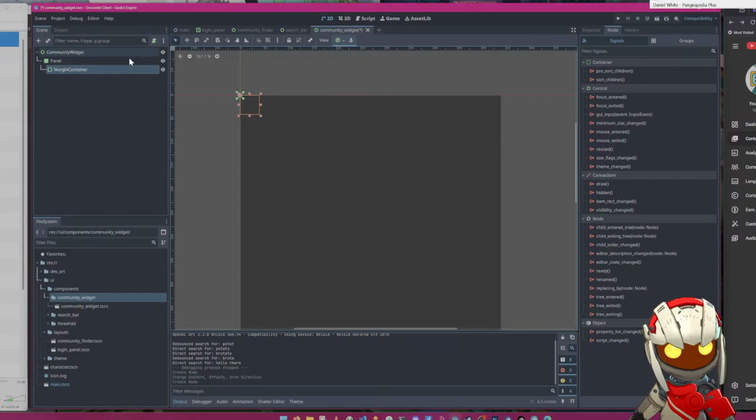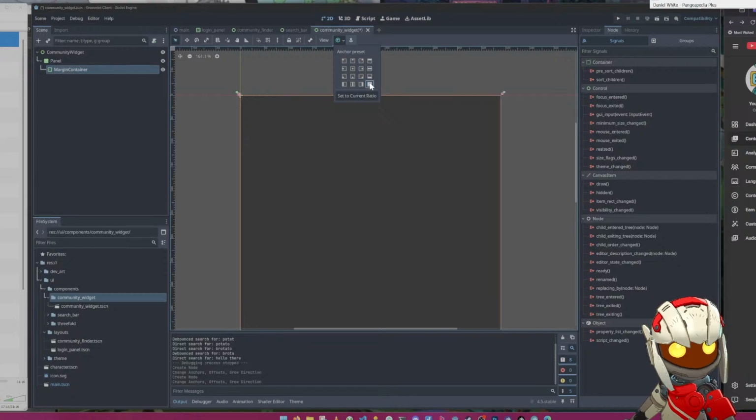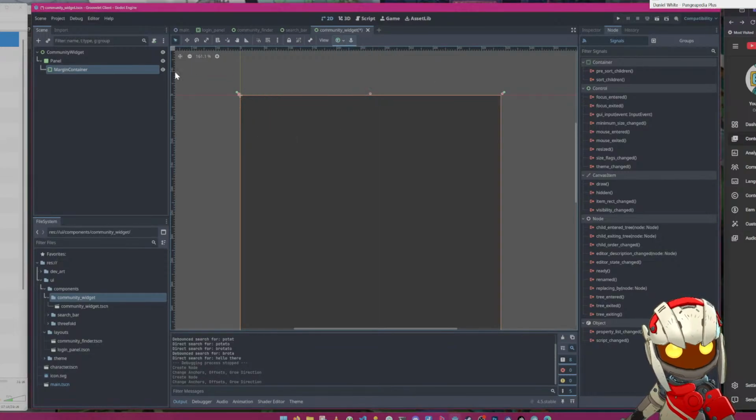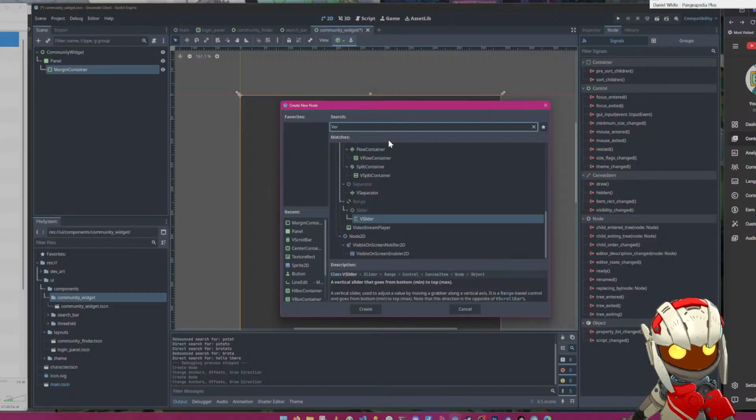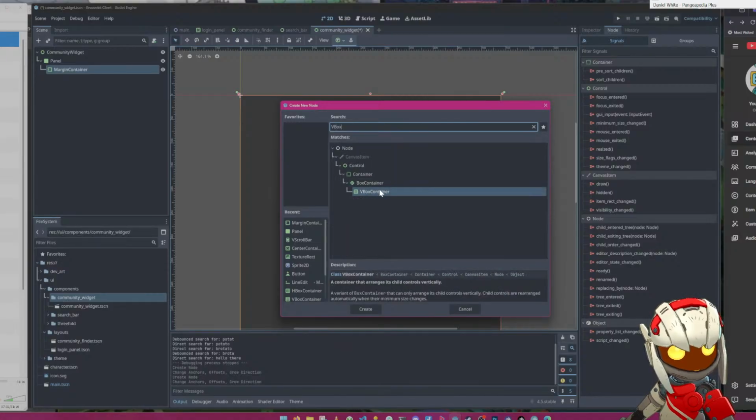I learned most of this yesterday, but I'm becoming more conversant with how to develop these UIs because of all the time I spent on it yesterday. Margin container goes in a panel. Inside the margin container goes a vertical stack, VBox container,